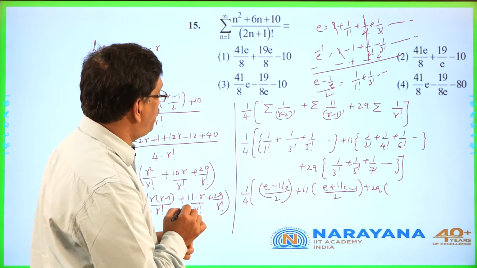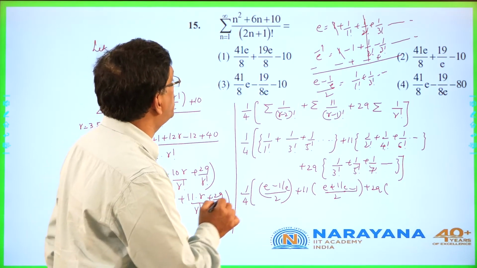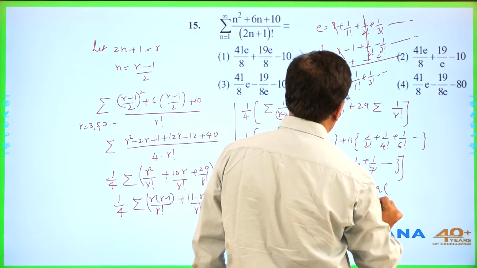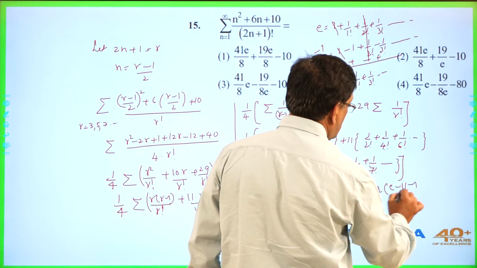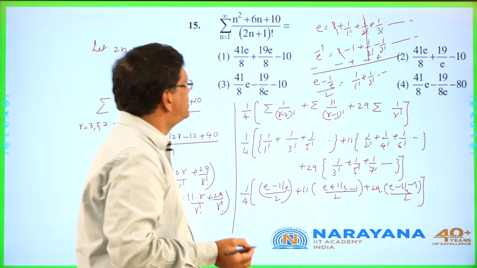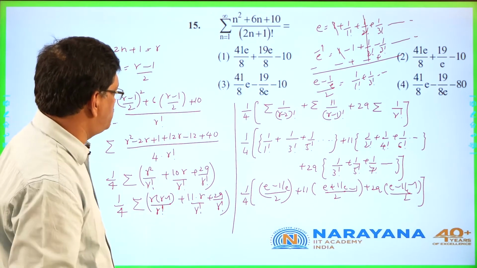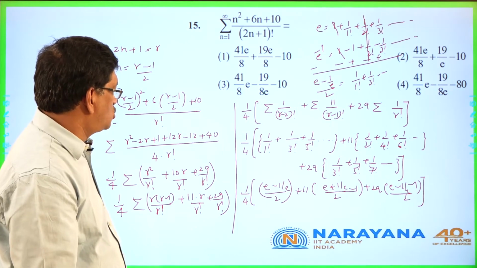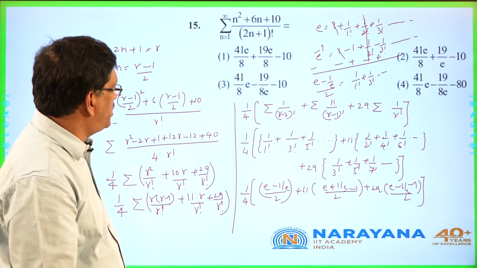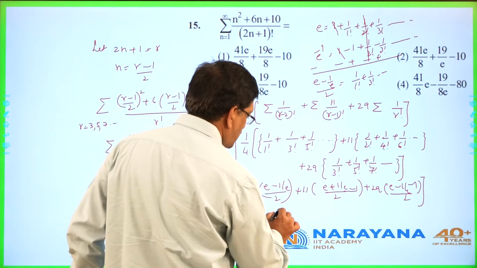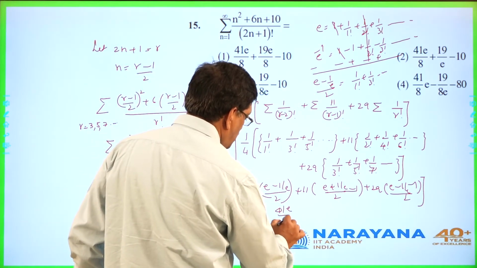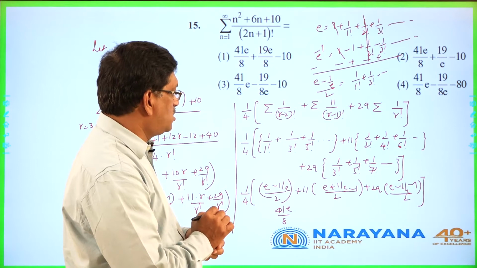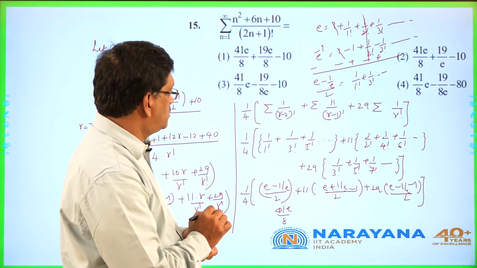Right? 1 by 3 factorial, 1 by 5 factorial. That is also the same. From here, you have to bring this 2 to the other side. E minus 1 by e minus 1 by 2. Let us simplify. Then you will get an answer something like, take LCM. It is 1 by 8 clearly. 11, 12, 12 plus 29, 41e by 8. We take LCM, 41e by 8. Next, minus 1 minus 11 minus 12 minus 12.